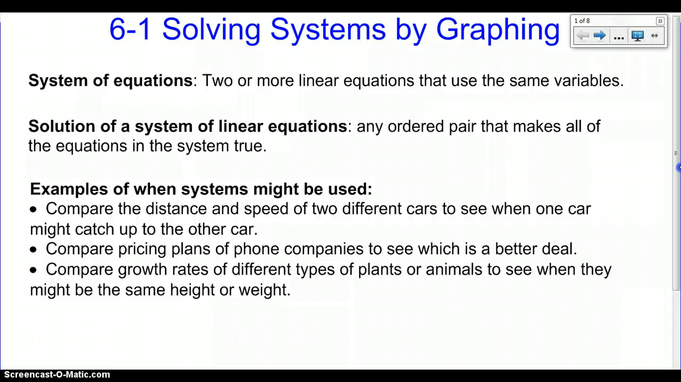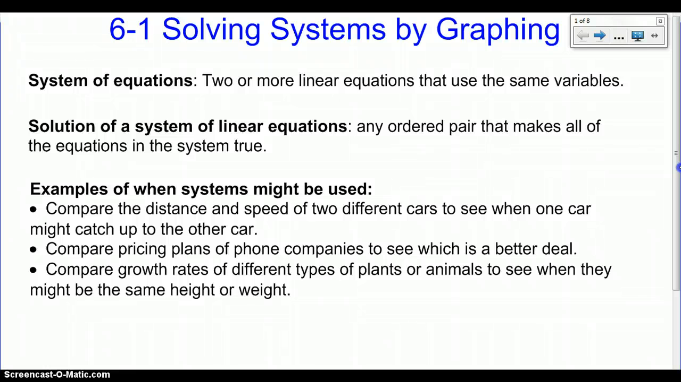Now, first of all, what is a system of equations? Well, it's two or more linear equations that use the same variables. The solution of a system is the ordered pair, or perhaps more than one ordered pair, that makes all of the equations in the system true. Now, when we're talking about two lines, what that would look like would be the place where the two lines